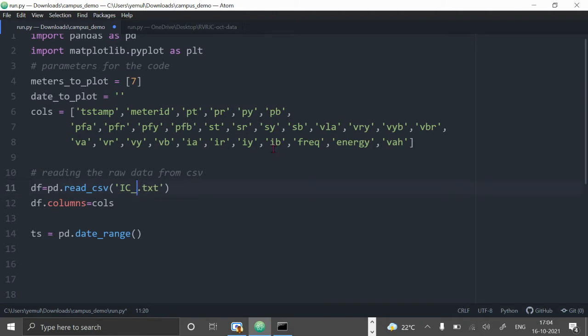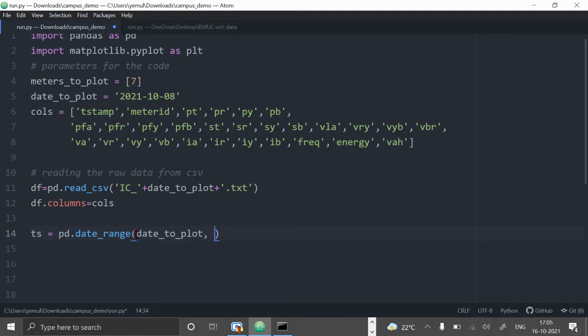Control X. And here, we can concatenate the strings like this. And then here, the date to plot I will give here. So this particular date to plot, I will once again give here.